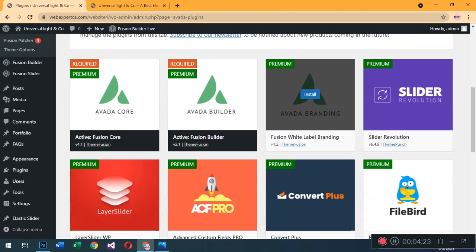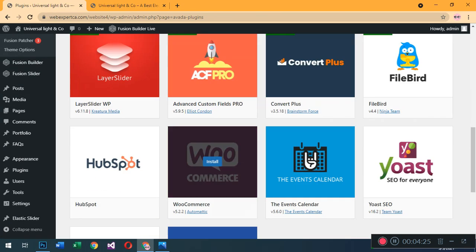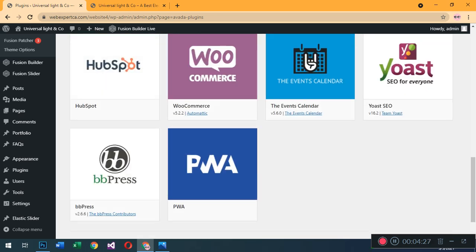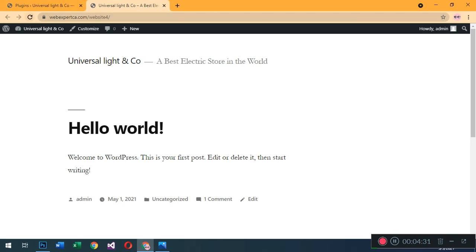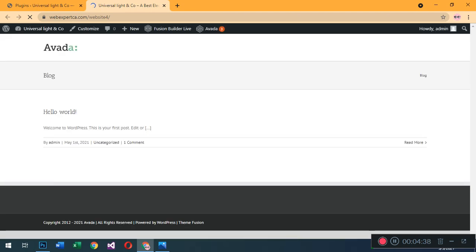These plugins are available for us in this theme. Let's see how our website looks. Now I am going to press the refresh button. Done. Avada is working successfully. The Avada is loaded on our screen.